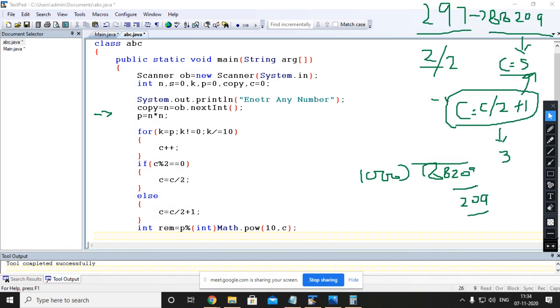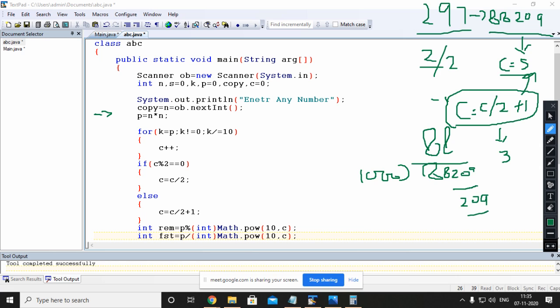Now we want to extract the whole part, right? Means the first part. FST. So FST equals the same thing, P upon the whole thing, that is 10 comma C. Now see what is happening.